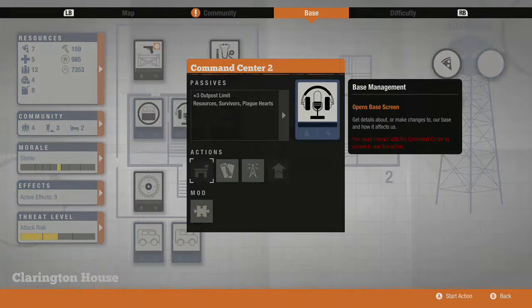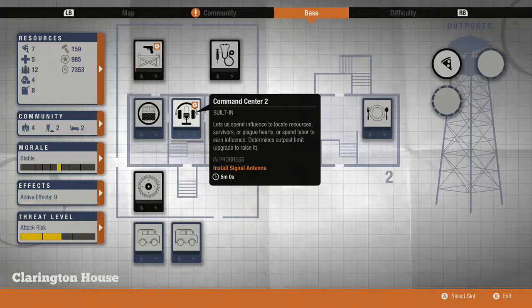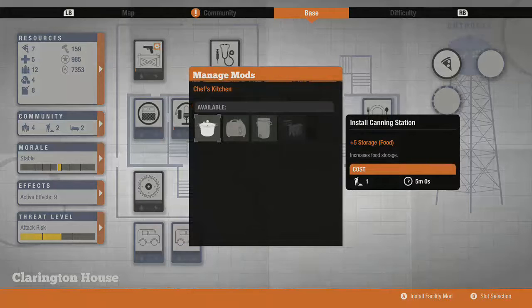So, another thing to remember is when you get facility mods. So I have this signal antenna, which will actually give us another outpost. And that's just for the command center. But most other facility mods you can actually put almost anywhere. There are a few exceptions. So, like this one,